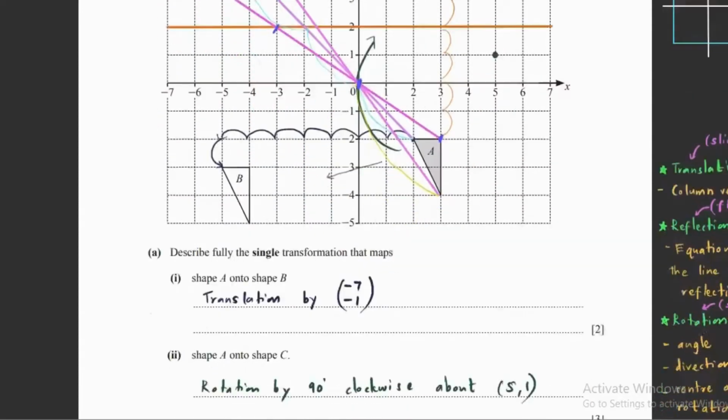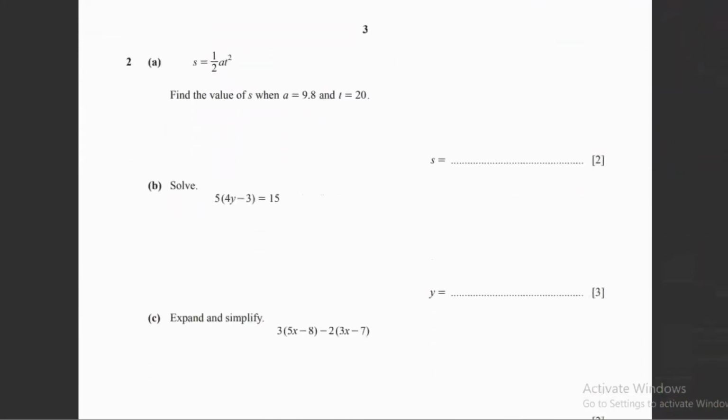Let's move on to the next question that we have. That is question 2. We need to find the value of S. A and T are given to us. Simply you substitute it. So half times A, which is 9.8, times T, which is 20, and you need to square that. We need to square that to find what S is. So when we put this in the calculator, we can get the answer as